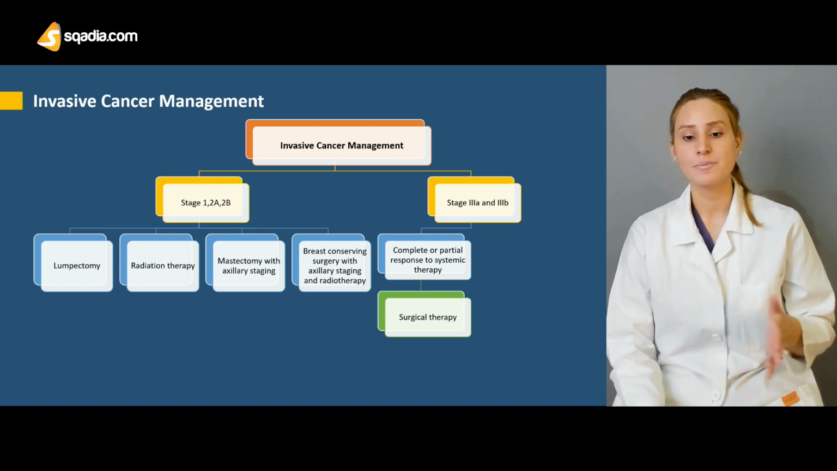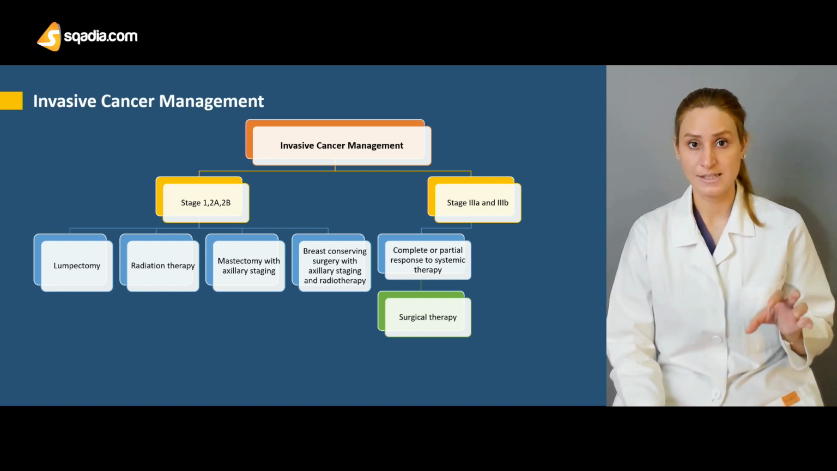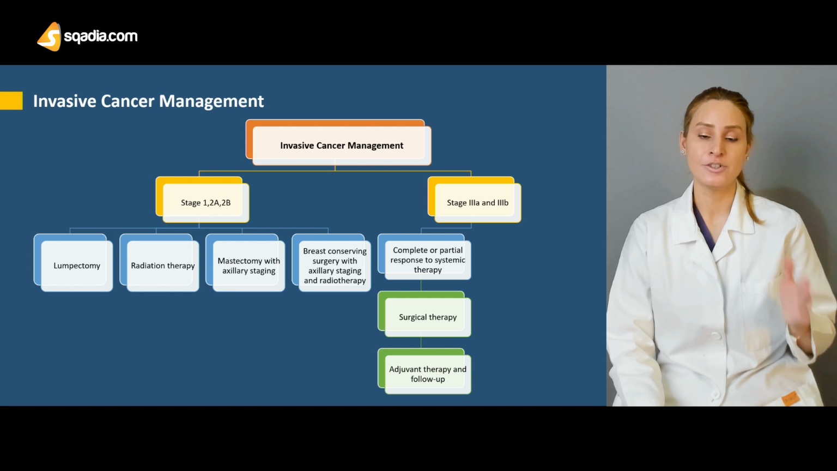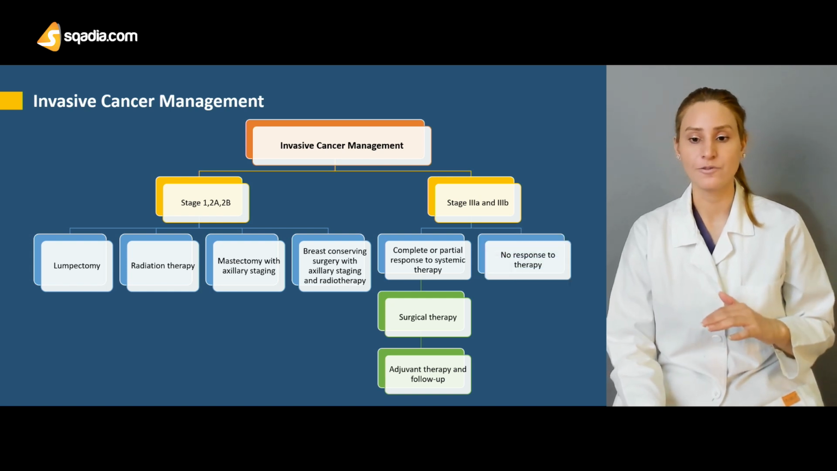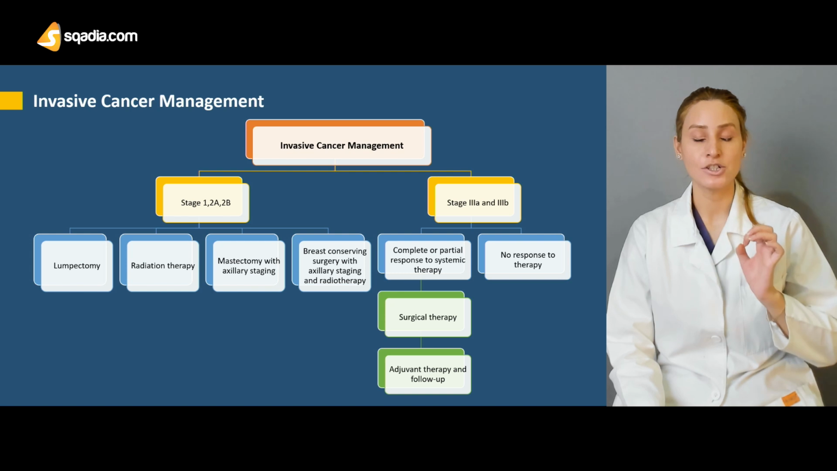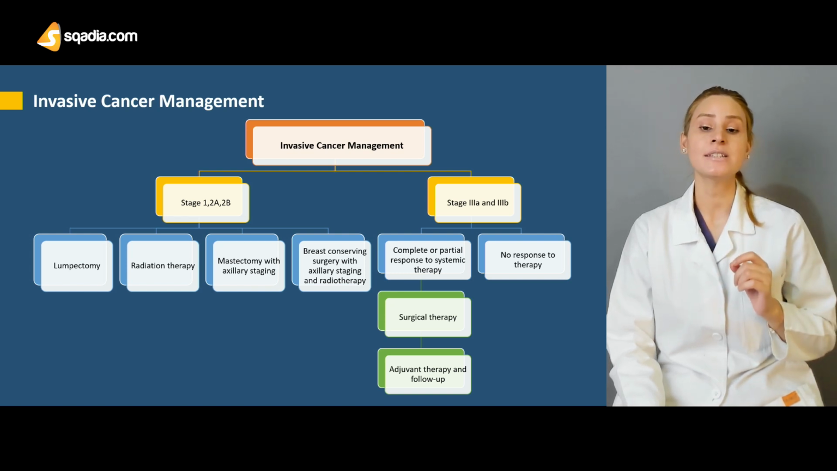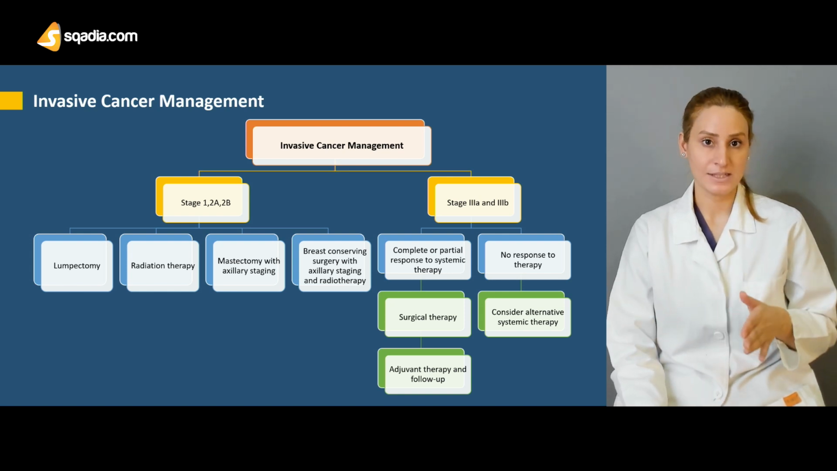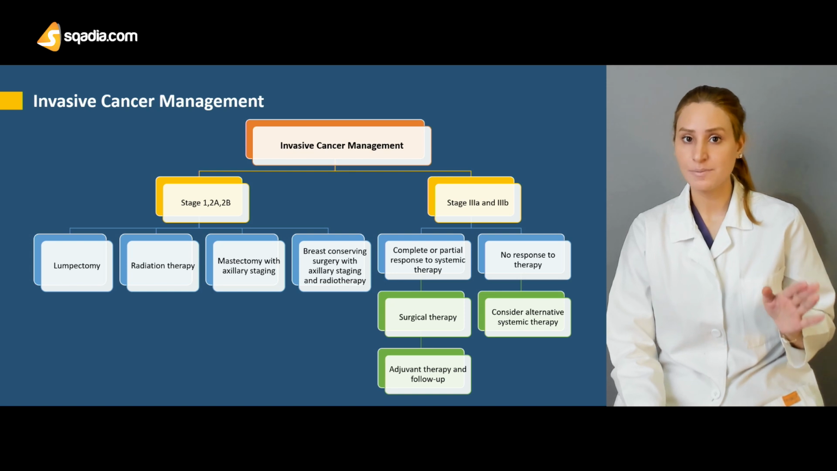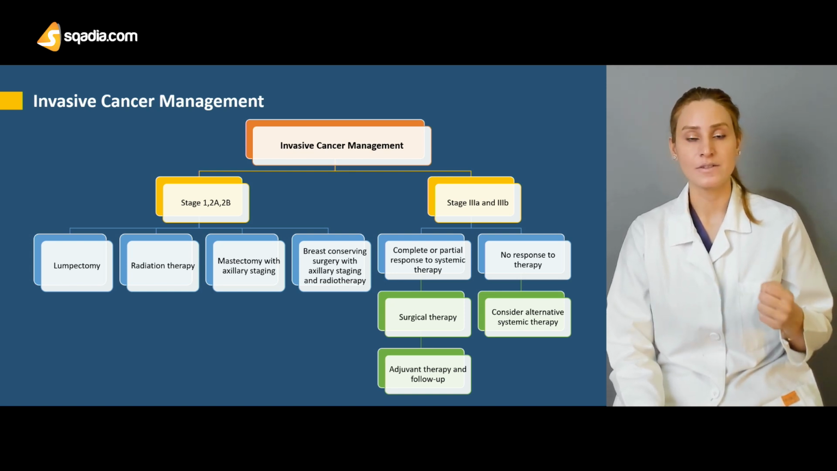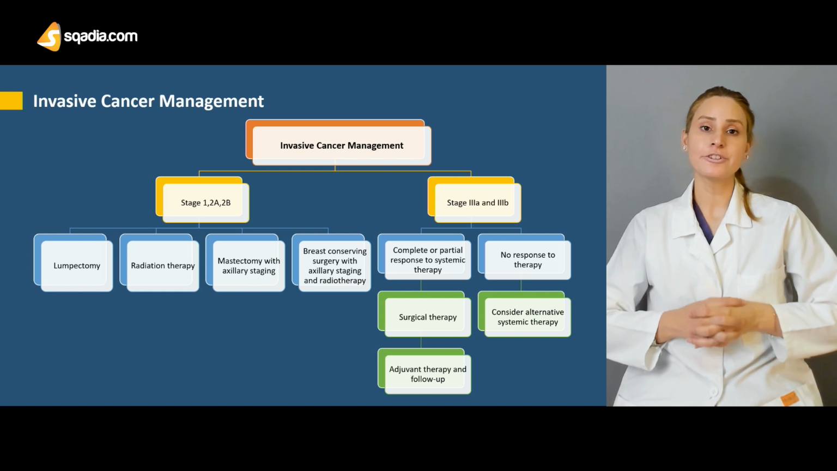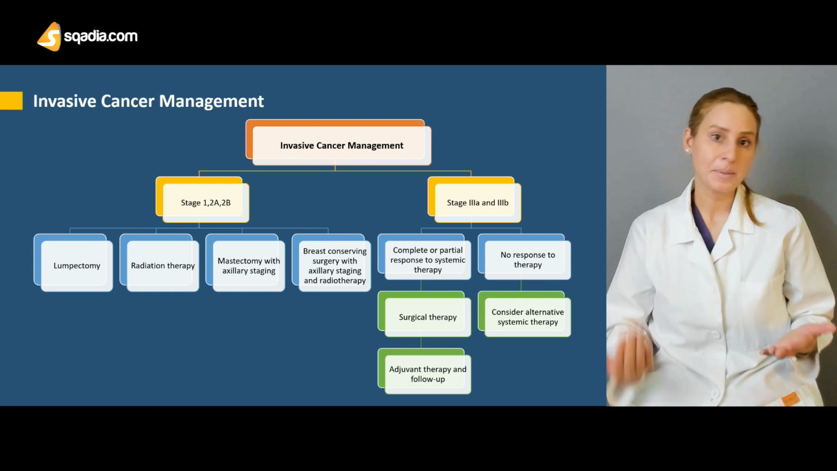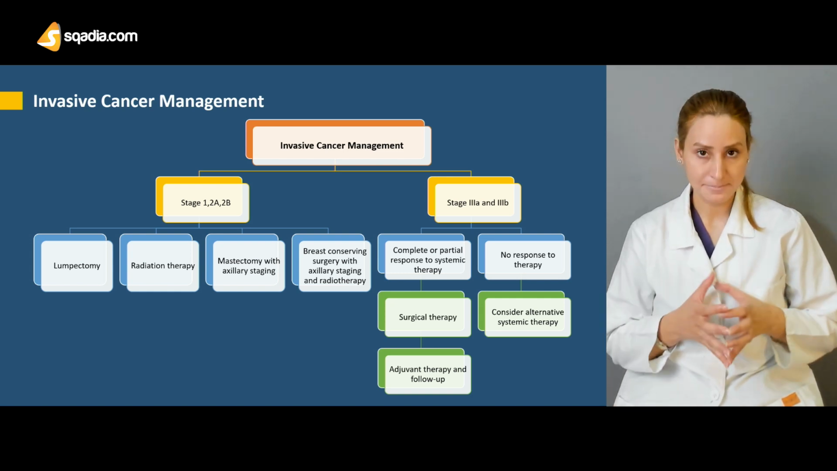So, complete or partial response. If there is a complete or partial response to the systemic therapy, then you go for surgical therapy, give adjuvant therapy, and put the patient on follow-up. And in case of stage 3A or 3B tumors, if there is no response to therapy, then you consider alternative systemic therapy. And if there's still no response, then obviously you have to go for palliative surgery. So remember, for early cancers, as early as the tumor is picked up, obviously you have to do a less